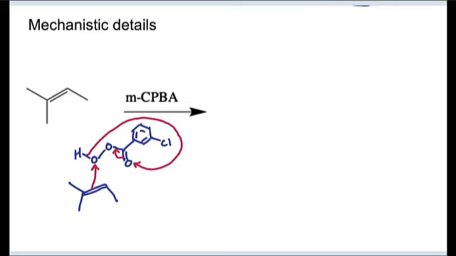The electrons from the carbon-oxygen double bond kick inward this way to form a carbon-oxygen double bond there, and this very weak oxygen-oxygen single bond breaks, giving that oxygen atom to the carbon-carbon double bond. So that's how one oxygen atom adds across the carbon-carbon double bond. Okay, so the result is that oxygen atom has added to one face across the double bond,